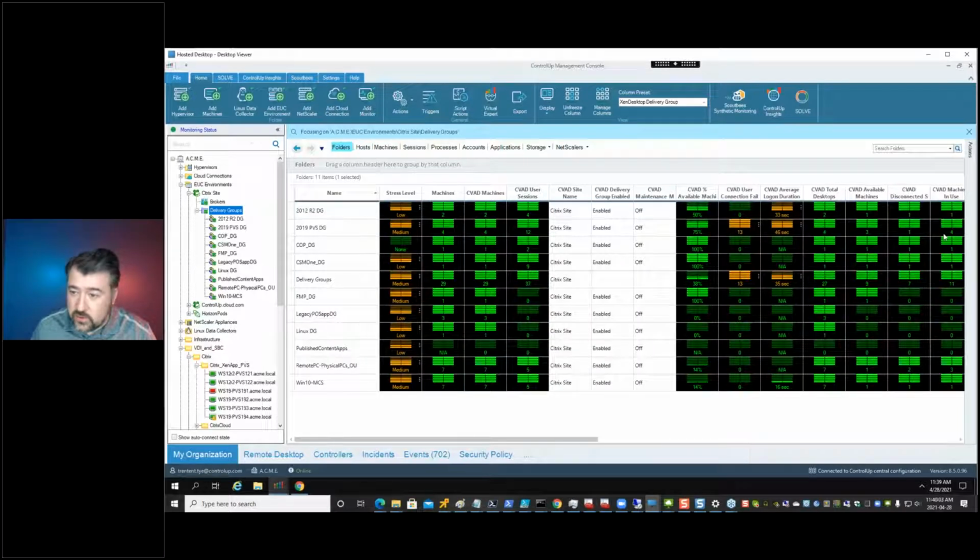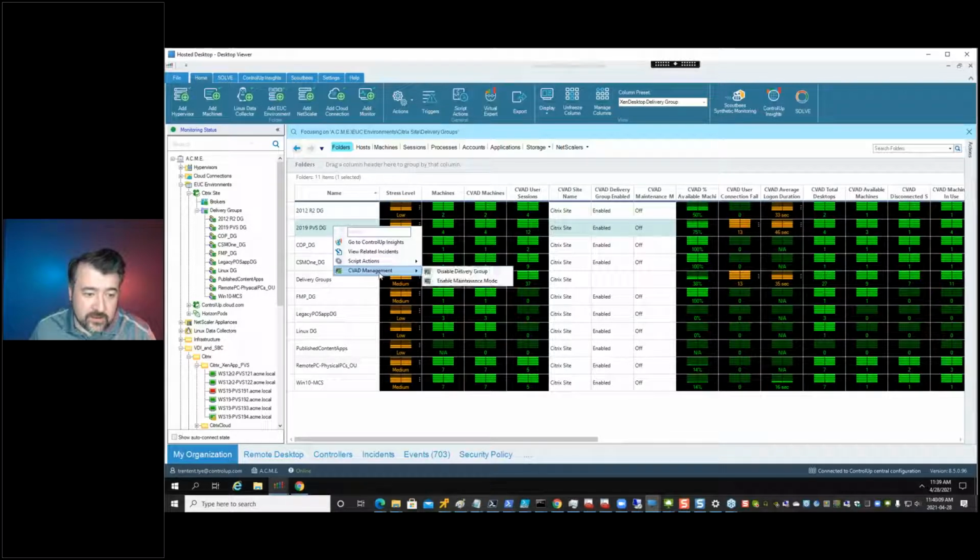So for each one of these delivery groups, you can see all the different metrics that we have before, but we can actually take an action on these delivery groups. So we can right click on this, and through our native built-in tools, we can do some kind of management activity. So if you were migrating from, say, on-premises to the cloud, you could do that all completely within ControlUp,